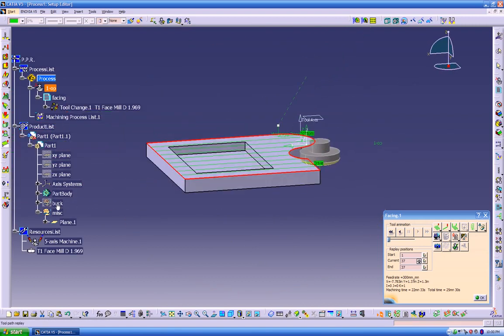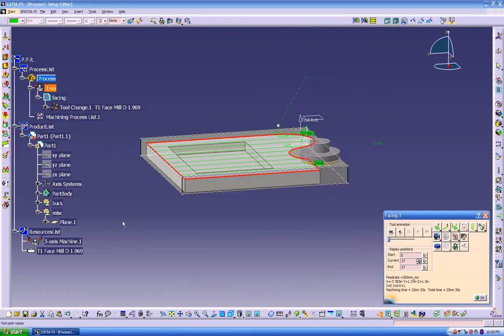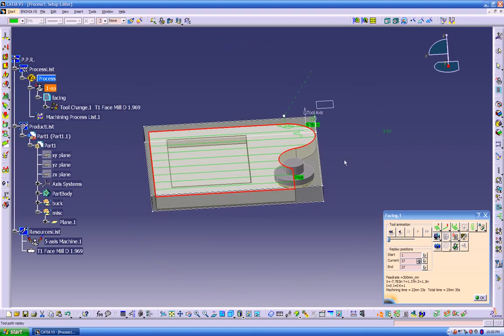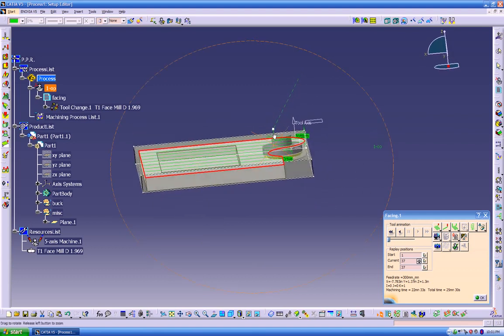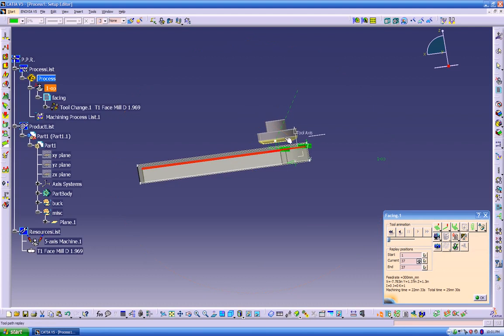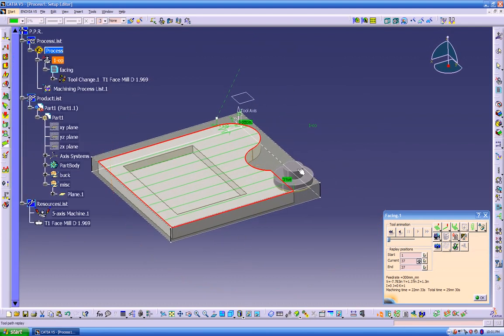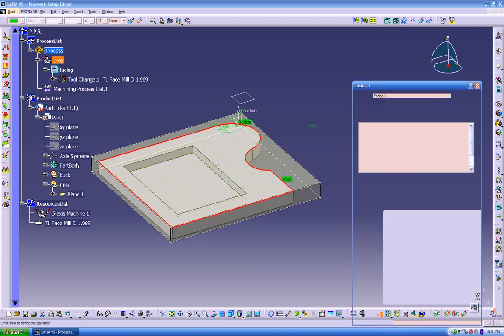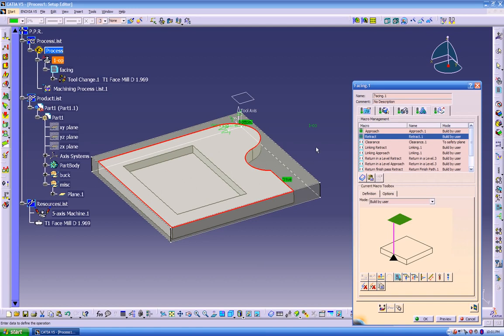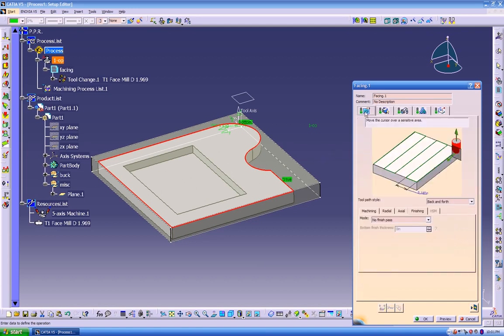So for now, I'm going to turn this option on, to make sure that my tool plunges outside over here, because it's wrong to plunge into the part. You do this in a machine shop, you try to plunge this tool into this material, you're going to get fired on the spot. So before we post this program, we're going to go back to this option over here,